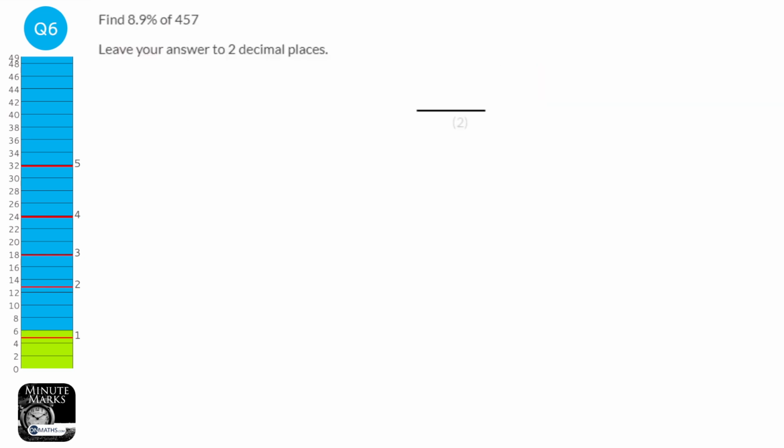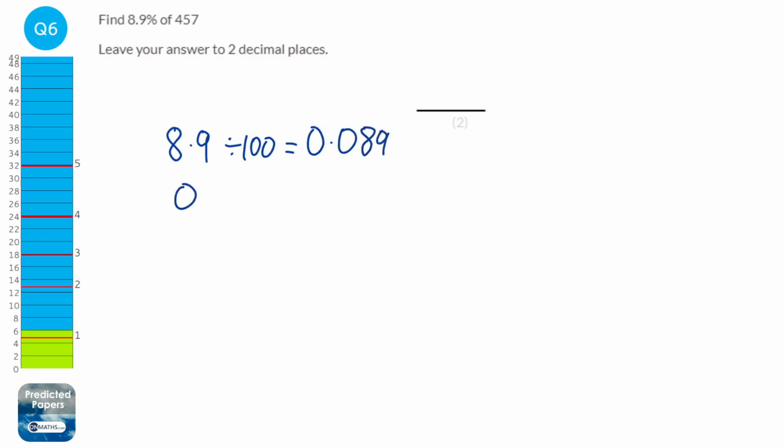So for this question we need to convert the percentage to a decimal. So to do that we get that 8.9%, and we just divide by 100, and so that will give us 0.089. And 0.089 of normally means times in maths, so we just go times that by 457, and that will give us